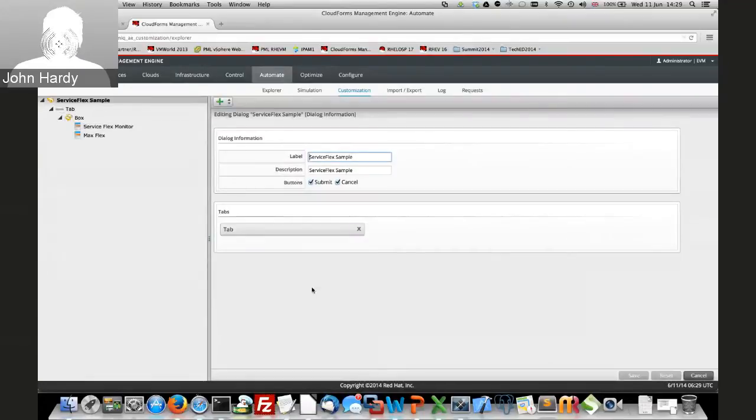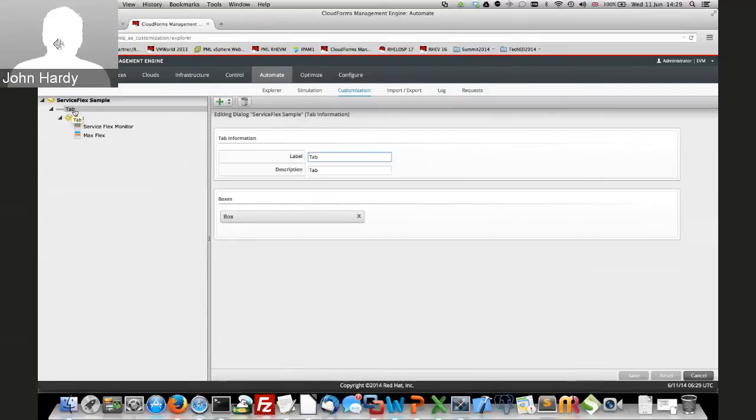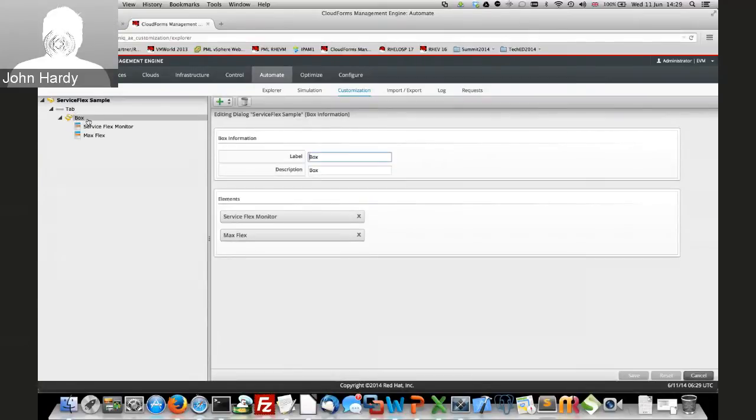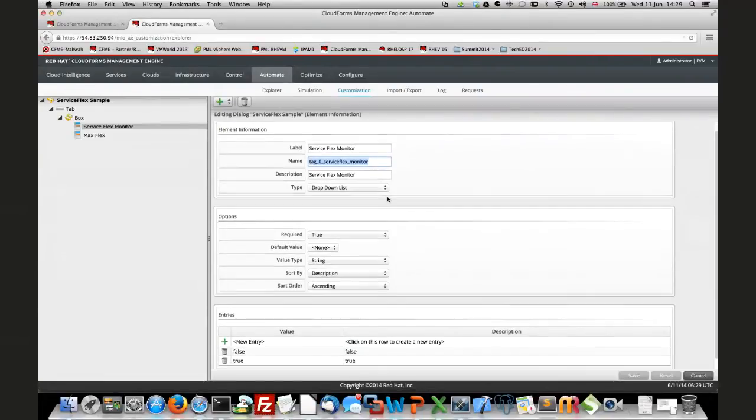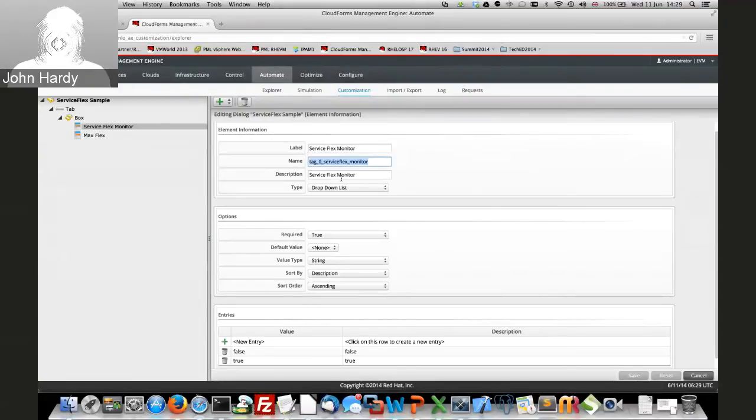It's a dialog, and in that dialog, it has a tab. And in that tab, it has a box. And in that box, it has two attributes. One is called Service Flex Monitor, which must contain the name as written on the presentation. The rest of it, well, the label and the description can be whatever you like, but the name must be tag 0 Service Flex Monitor